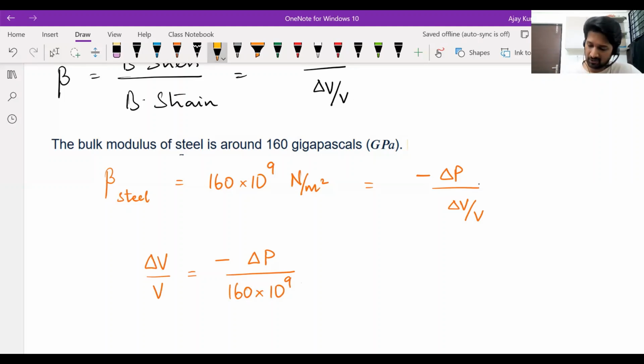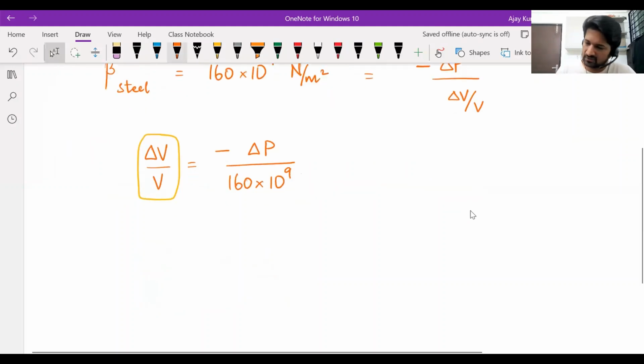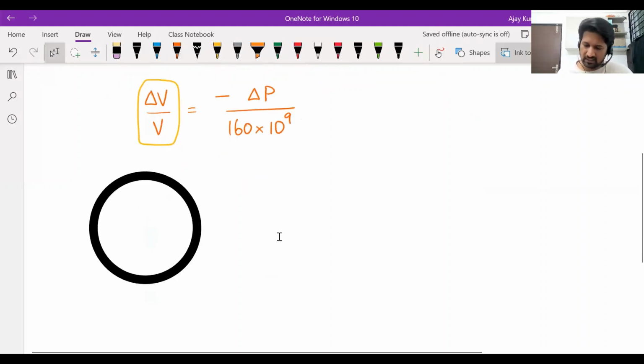So if you want to create any significant change in volume in an object made of steel, I'm not talking about empty objects made of steel. Suppose there is a hollow sphere made of a thin layer of steel, you can easily compress it, you can easily deform it. That is not what we are talking about. If you compress a hollow sphere, for example, suppose there's a hollow sphere like this, if you make a dent in it by hitting it with a hammer or something,